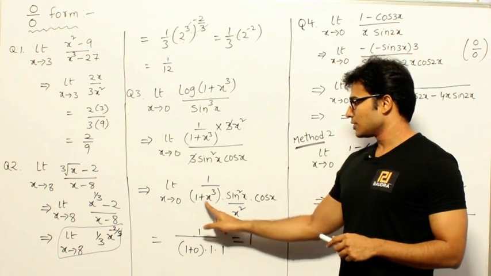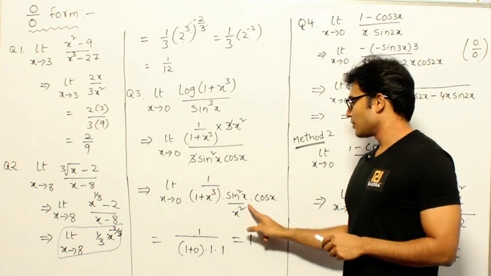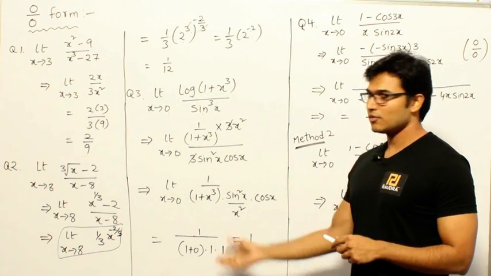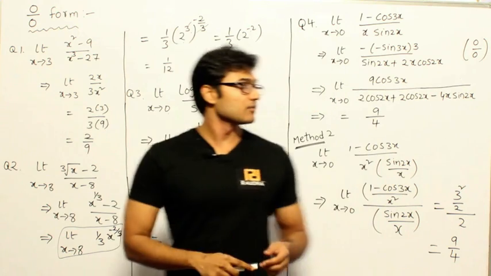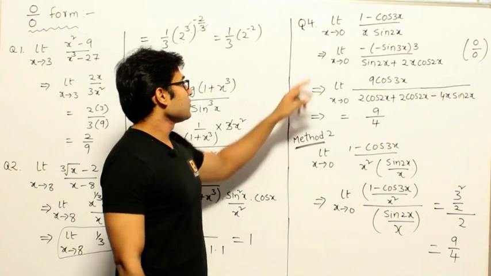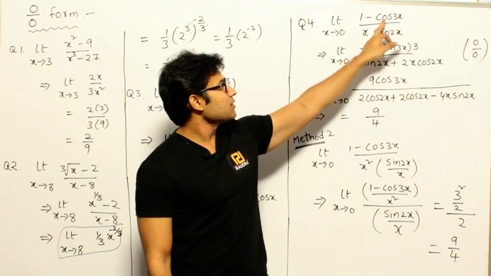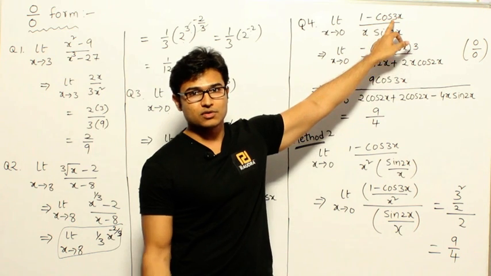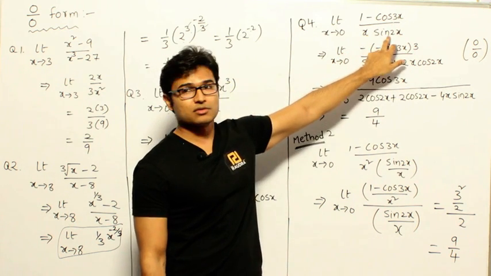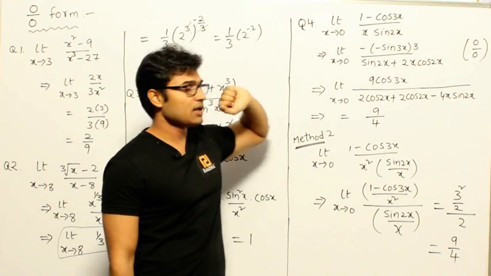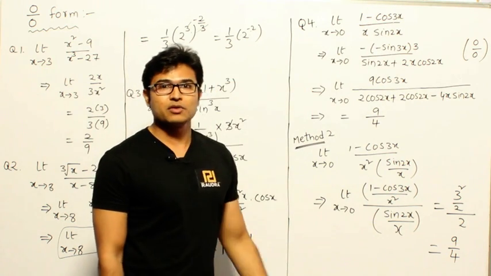Now here if you put 0, it is going to be 1, and it is going to be 1, and it is going to be 1. Therefore we got 1. Got it? Okay. Now here again in this case also, if you substitute limit x tends to 0, cos 3 into 0 is cos 0, cos 0 is 1, 1 minus 1 is 0, and denominator is 0 multiplied with 0. So 0 by 0 form is there, and so apply L'Hospital rule again.